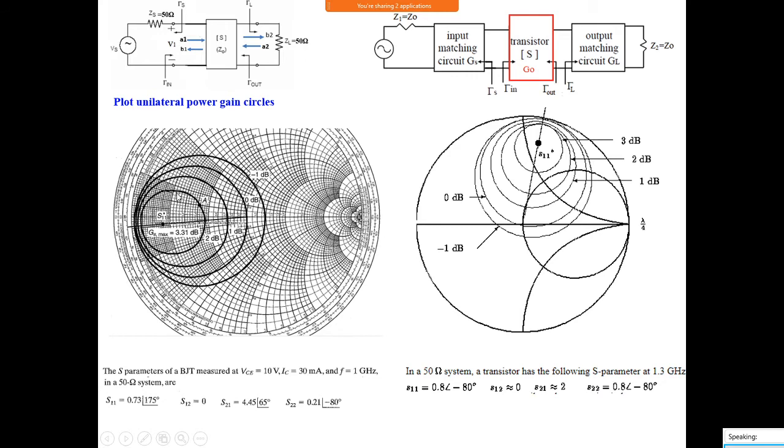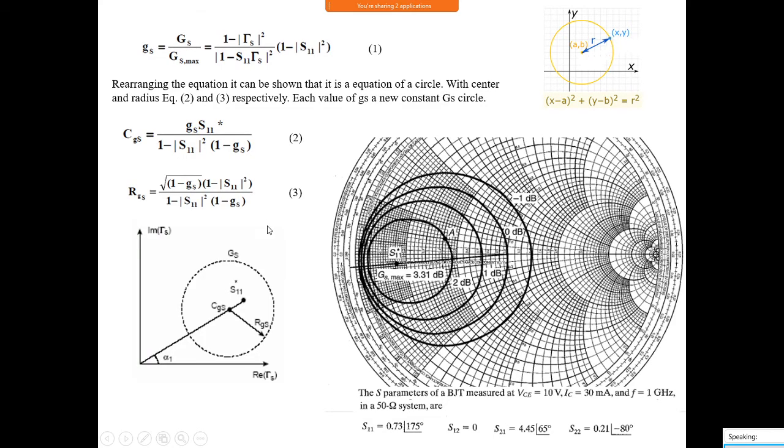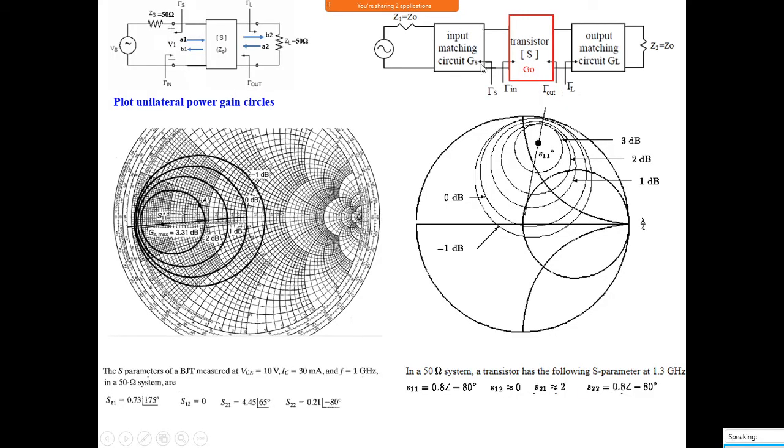Based on the gain requirement, you can get any value of gain. Okay, so like that, we have circles like that, there are many circles like this, based on the gain required. You can take any one value over that circle while designing the impedance matching network to get that particular value of gain. Okay, see like this.